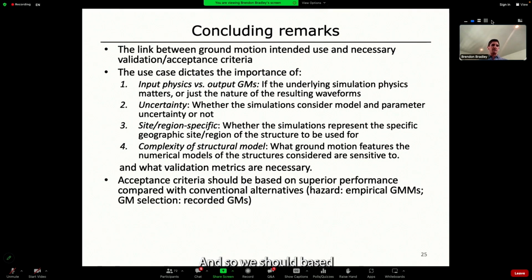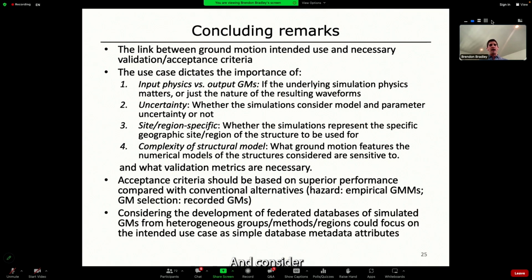And so we should base acceptance criteria not on trying to be nearly perfect, but simply on doing better than what the conventional alternative is. That's certainly the clear message coming from engineering end users. And consider the development of federated databases of these simulated ground motions from heterogeneous groups, methods, and regions to focus on intended use case as a simple